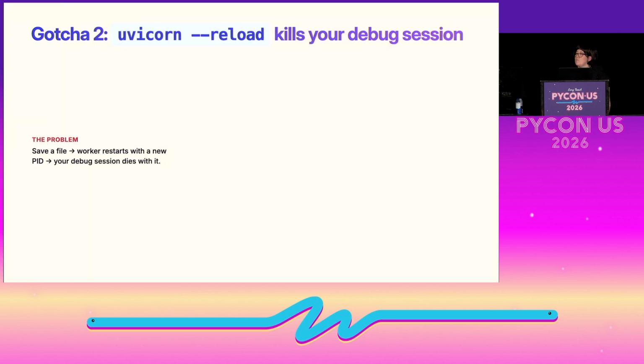I guess, spiritually, I would say uvicorn with reload made my life hard. The reason is that uvicorn reload is an amazing developer experience when you're iterating. It automatically watches files and restarts the worker on save, so you don't have to continue to restart things manually. But the thing that maybe you won't think about is that when the worker restarts, it also gets